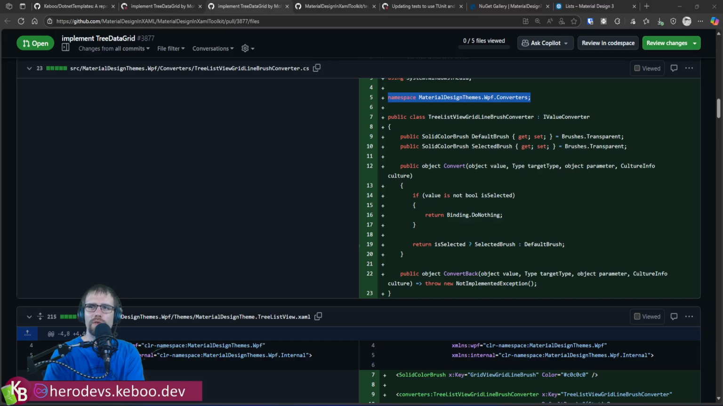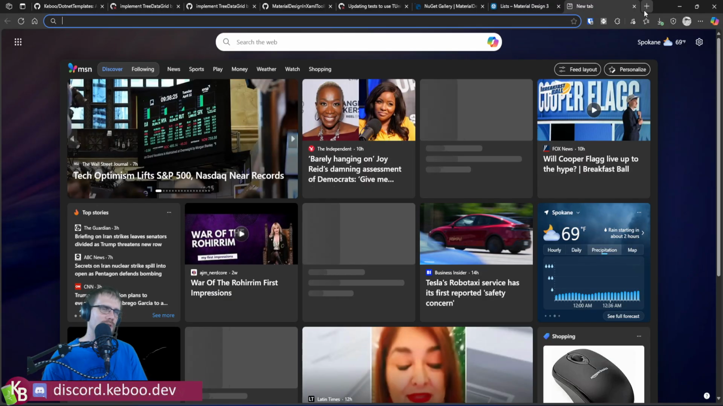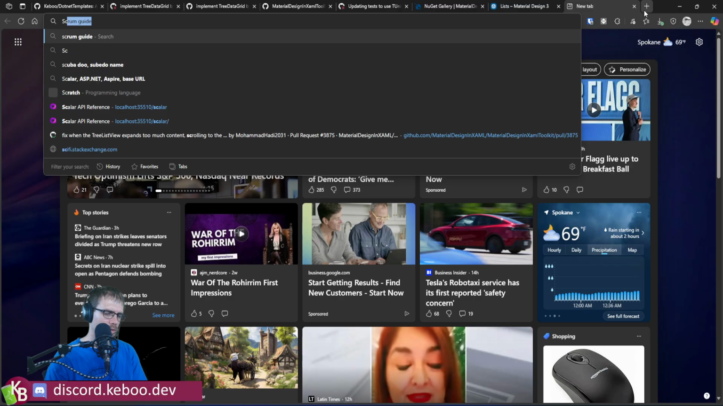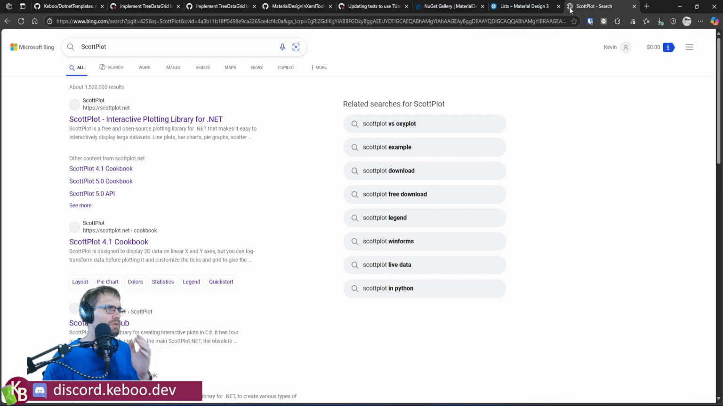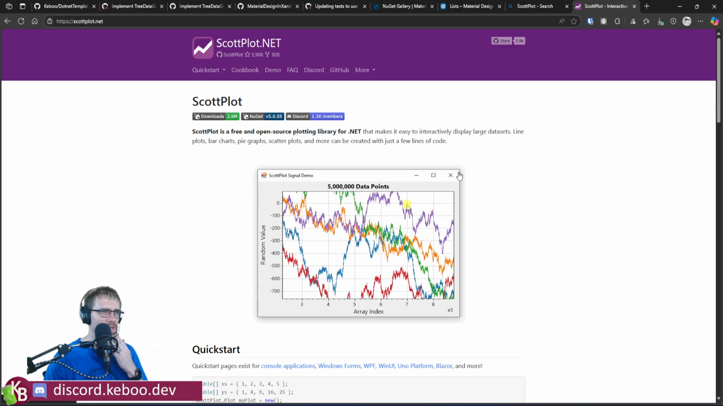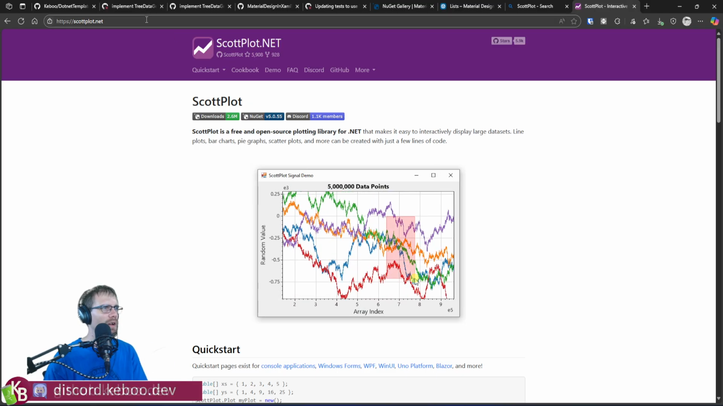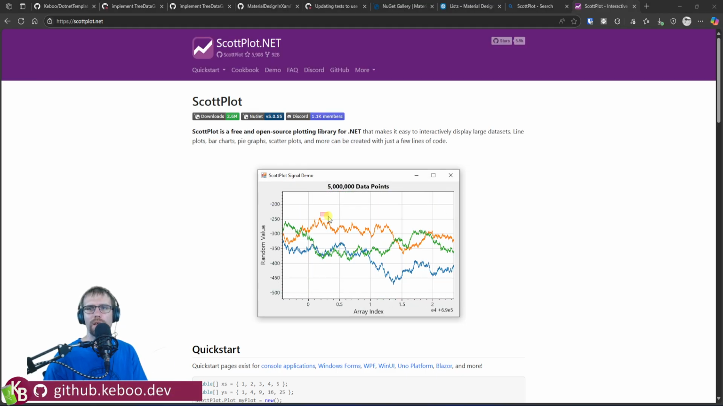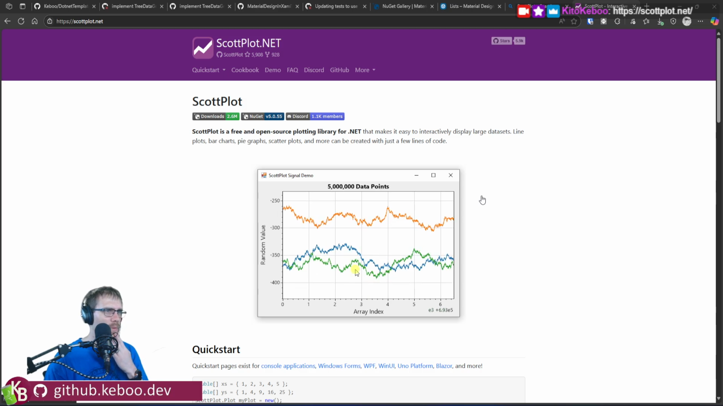Let's see. Do you know any good graphing controls for WPF? Mainly looking for something to show audio, like the waveform in Audacity. Oh, ScottPlot, I think, is usually my go-to for graphing stuff. It's not always the cleanest API, but it works